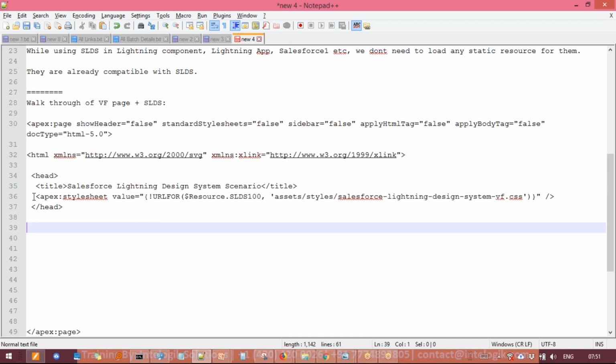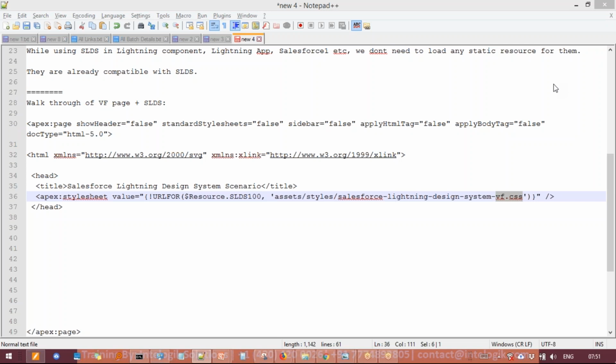Then we added a style sheet. Now this is necessary while using Visual Force page. On Visual Force page, you must add this by giving style sheet, and the value is nothing but a static resource which should be there in your Salesforce environment, that I'm going to explain, by the way, practically how to add into your Salesforce environment. And this CSS you must add. This is the very important CSS. So if I go to my Salesforce environment,